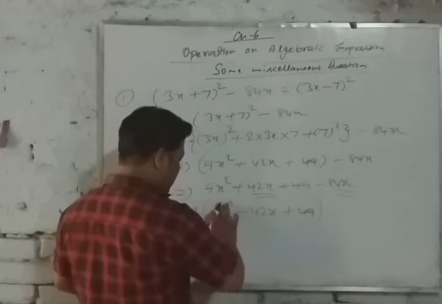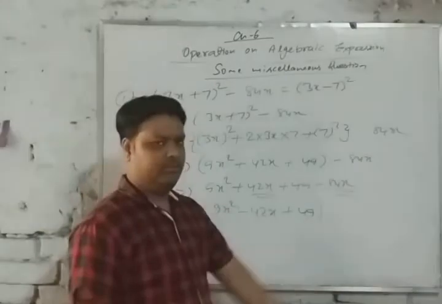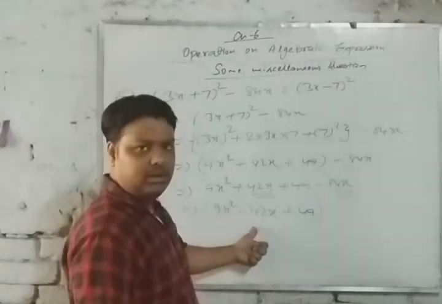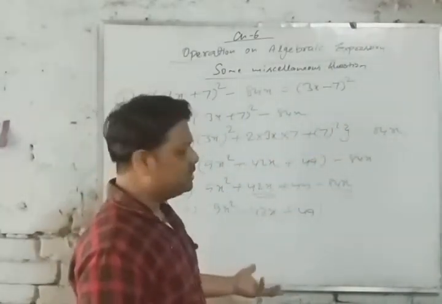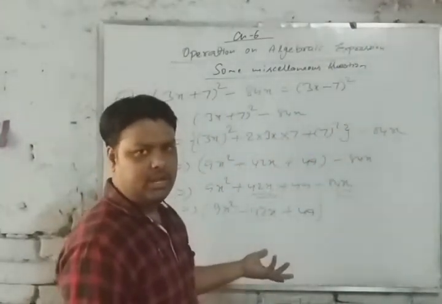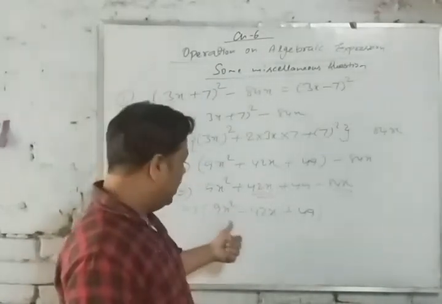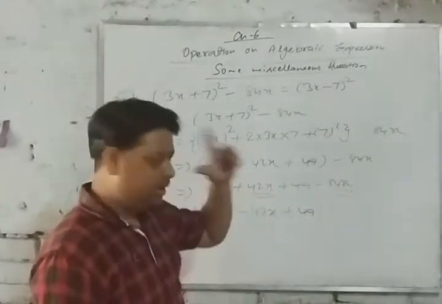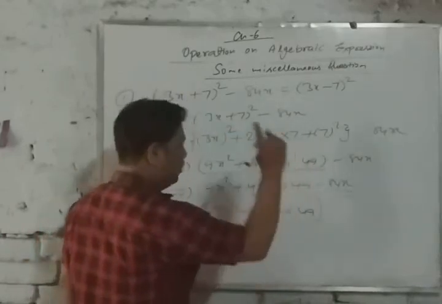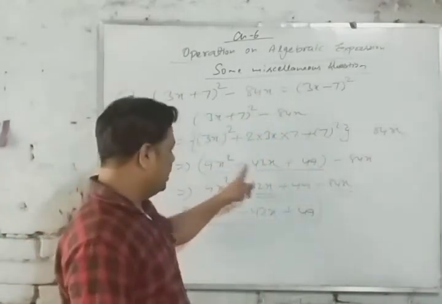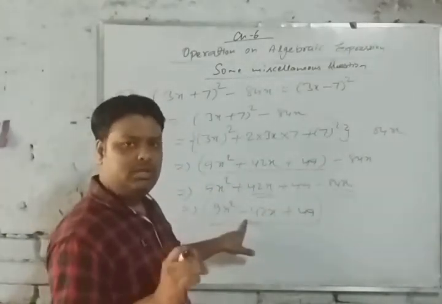Okay. Now what? After that, this will be the answer, because now there is no like term, that is, we can't solve it further. Now it is equal to RHS? No. That is, we have to solve RHS also. Yes, we can solve RHS, but you can directly solve it in one more step. How? If all are unlike terms, then how can we solve it? Let's see this term and this term only. What is the difference? Every term is the same, but here plus and here minus. Only this is the difference.